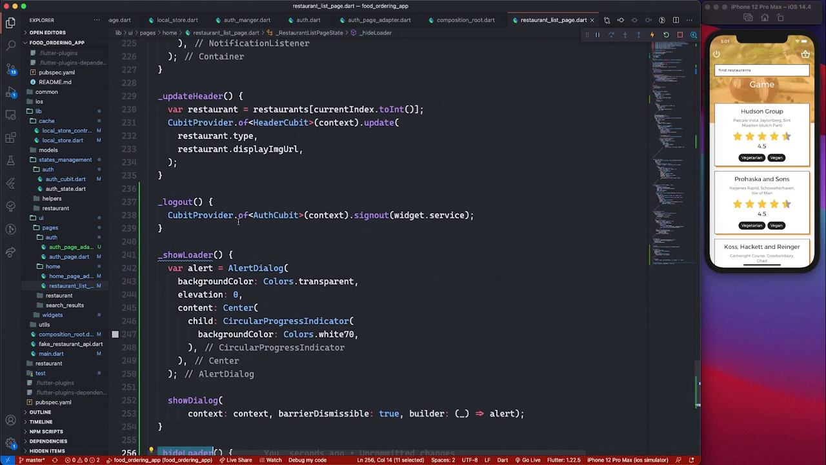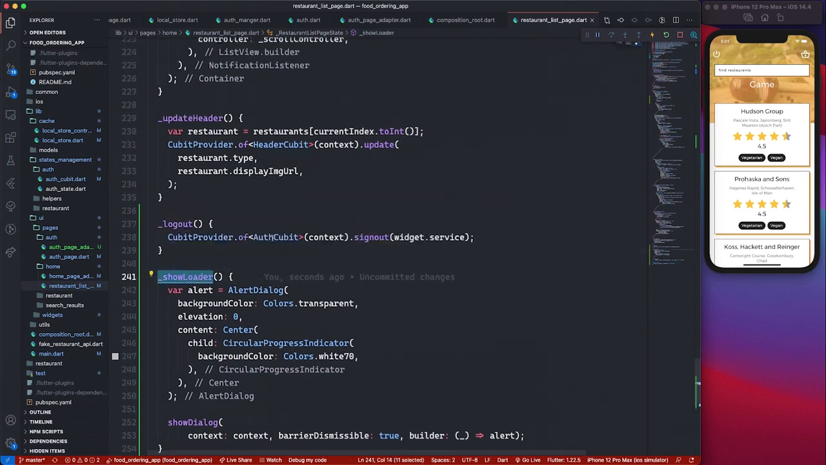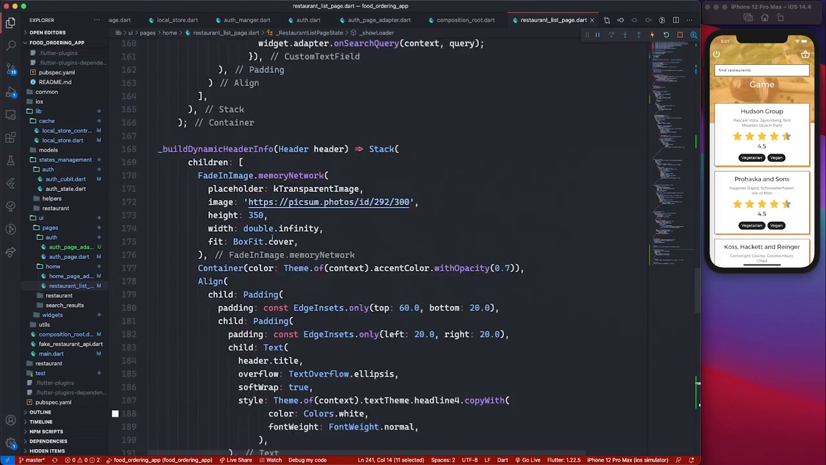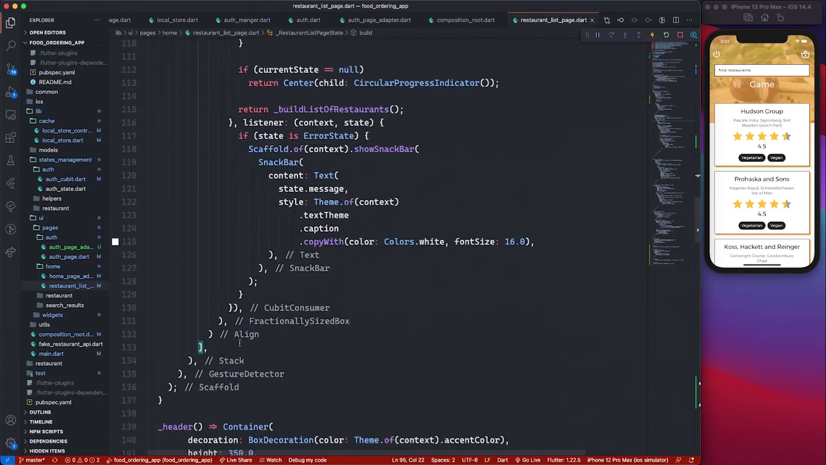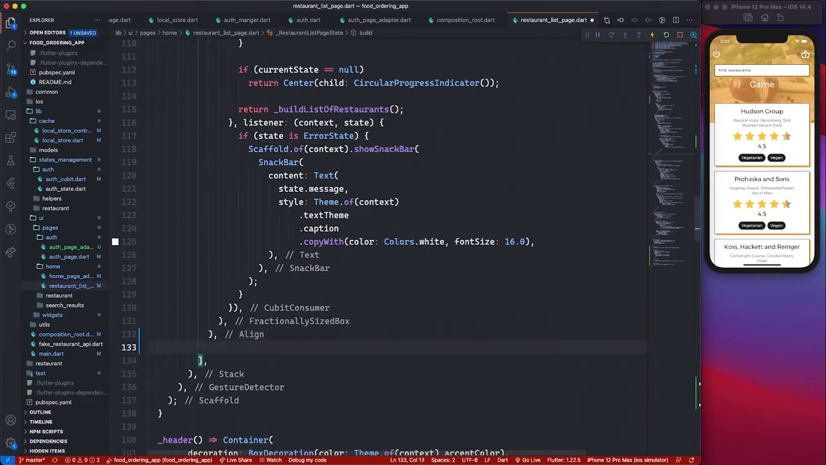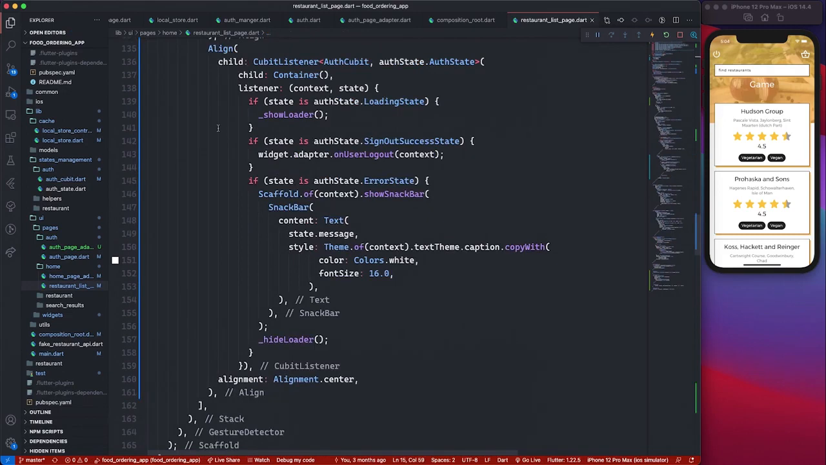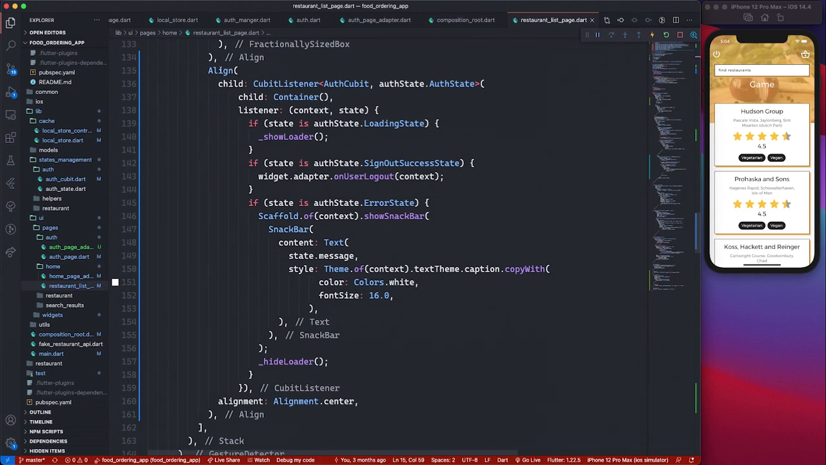All I need to do now is to set up this loader by using a bloc listener inside of my stack here at the bottom of my stack right here. I need to use a bloc listener to listen for the logout, show the loader, and then redirect when the logout is completed. So here I've gone ahead and added the cubit listener inside of our stack. So it's basically an align widget that has a cubit listener that has the auth cubit and the auth state. And you might be wondering why I have